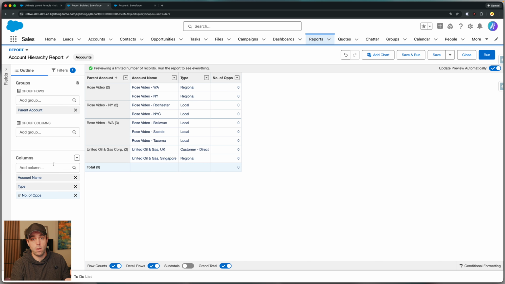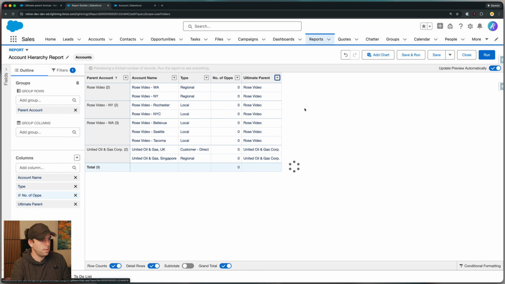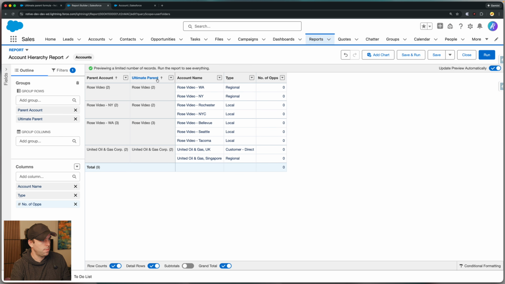And so this is where that ultimate parent account can help. We can add in ultimate parent account as just a field. You can see that over on the right, but we can also group by it. So if we group rows by this field, let's move that to the left. You can see that, okay, we've got Rose Video at the top, and now here are these different groups underneath